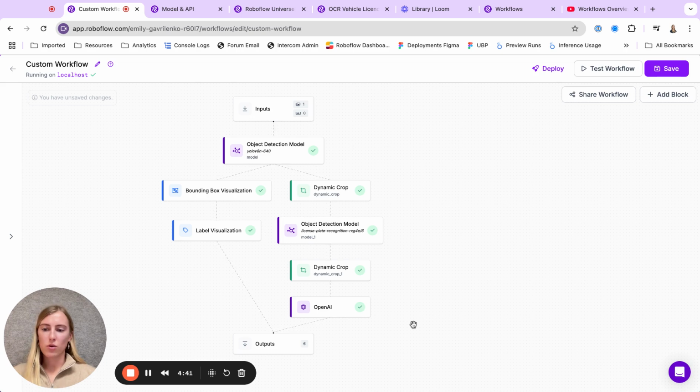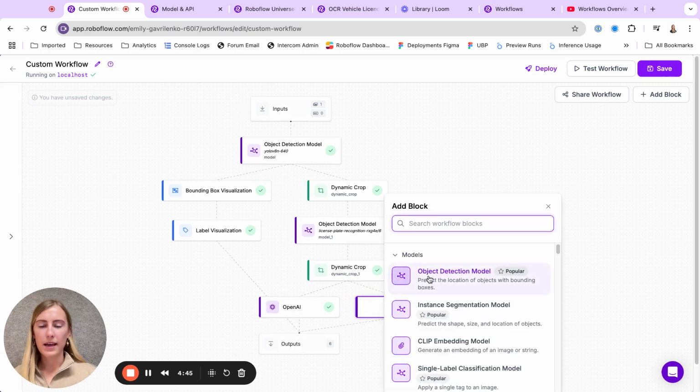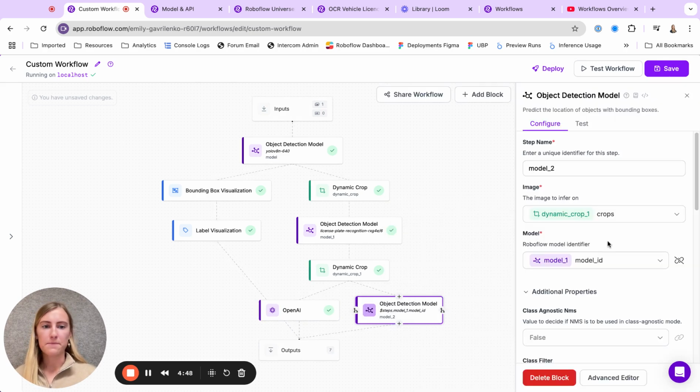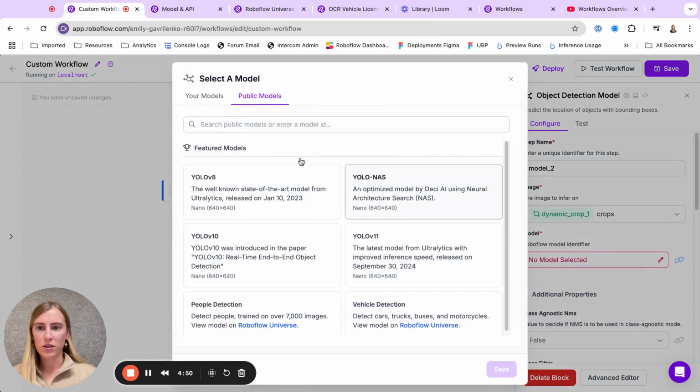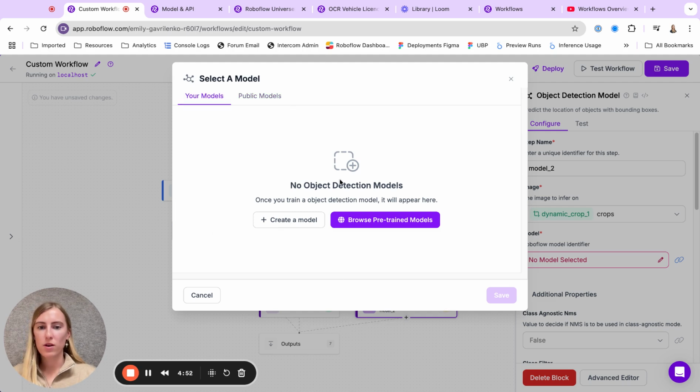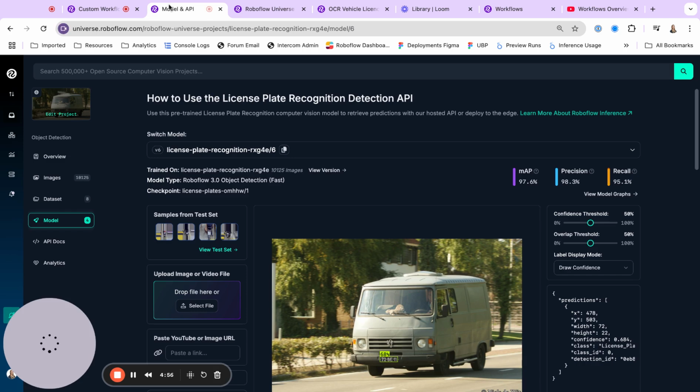Let's say I actually don't want to call an API. I want to run my own model. I can train a fine-tuned model. By default, I was choosing models on Roboflow Universe. Here, I can train my own model to perform my specific task. So as you can see here,